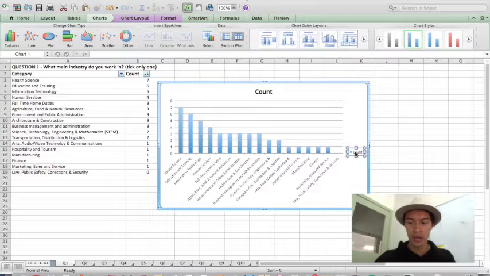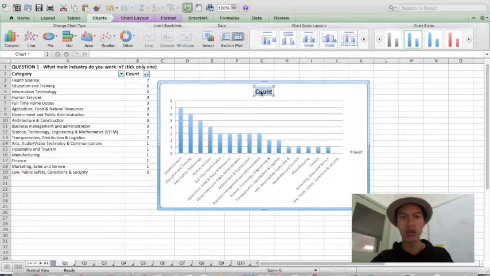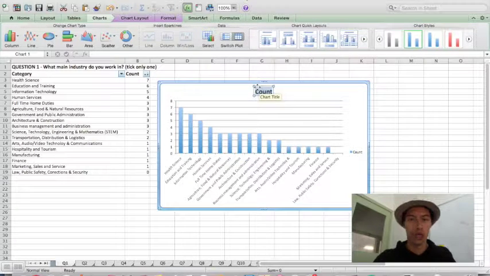Now, that's my graph. There's a few things that I need to do. For example, this graph is not really complete. I need to first of all change the titles. So the title is not going to be count. The title is going to be the main industry that people are going to work in. So I would click main industry of work